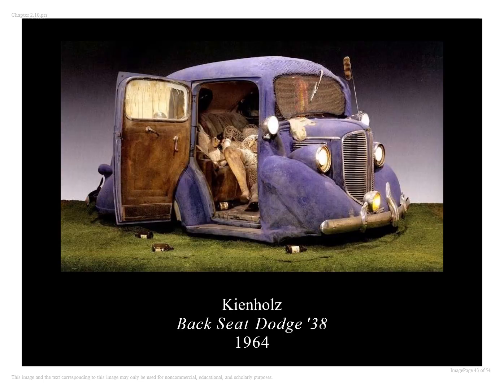This is another one of his called Backseat Dodge, and he really did chop a '38 Dodge, so it does literally have the front and the tail. He basically cut out the front seat of it, and so you just see the back seat in there. There are beer bottles here, and it is a couple, shall we say, getting busy. The female is laying down on the back seat. The male figure is kind of at a chicken wire, which you still know exactly what's happening, but it's a little less naturalistic, shall we say. But the point is being made.